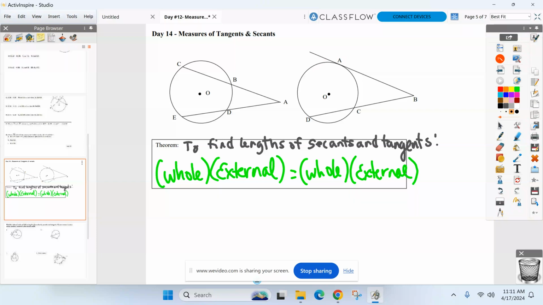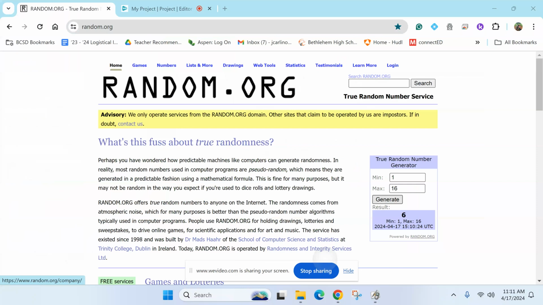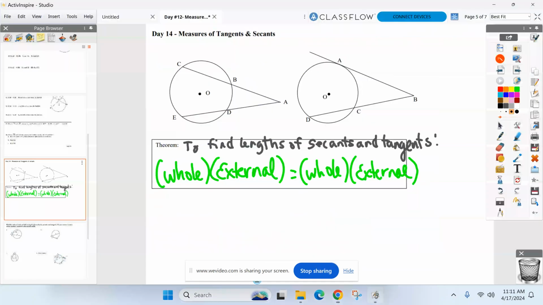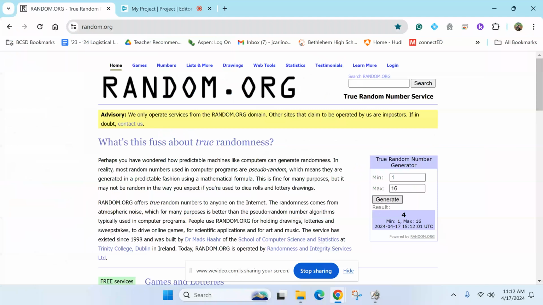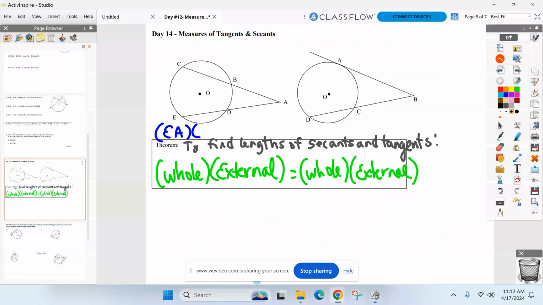Look back at my two secant diagram up above. Somebody name one whole secant, please, using the letters. One whole secant. Ian? EDA. Okay, EDA. I'll just call it EA. So what I would do, I do EA times external. What's the part on the outside of EA called? AD, good. So I would do EA times AD, whole times external, equals, same diagram, go to the other whole